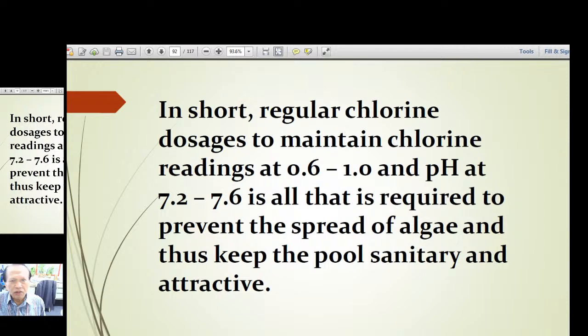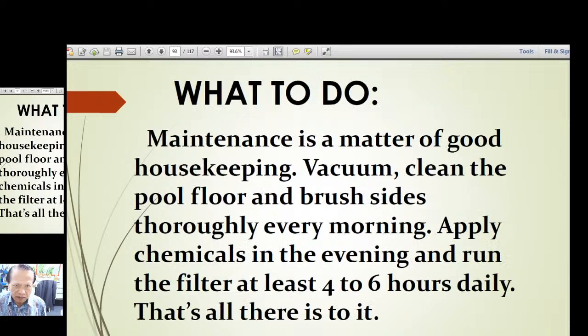In short, regular chlorine dosages to maintain chlorine readings at 0.6 to 1.0 and pH at 7.2 to 7.6 is all that is required to prevent the spread of algae and thus keep the pool sanitary and attractive. What to do? Maintenance is a matter of good housekeeping. Vacuum, clean the pool floor and brush sides thoroughly every morning. Apply chemicals in the evening and run the filter at least 4 to 6 hours daily. That's all there is to it to make your pool